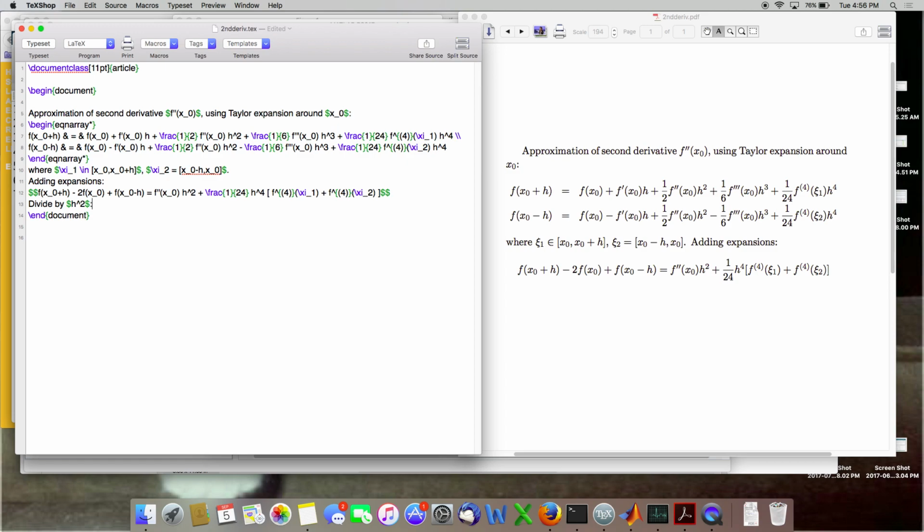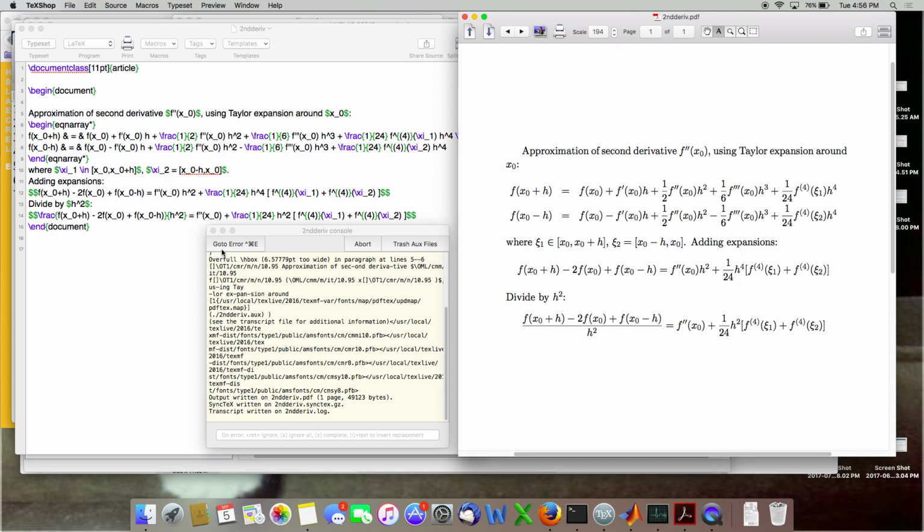And I'll just copy and paste this and fix it. I'll put this as a fraction. This will be the numerator. And then I'll put h squared in the denominator. And then I'll take out a h squared and everything else. Okay. Now, I'm going to manipulate this a little bit.